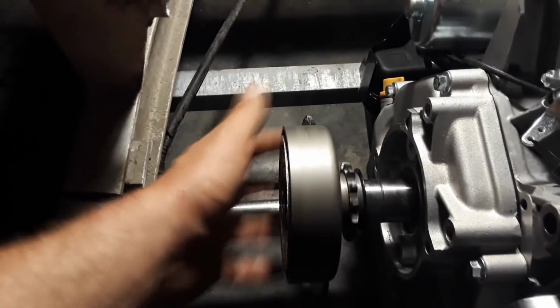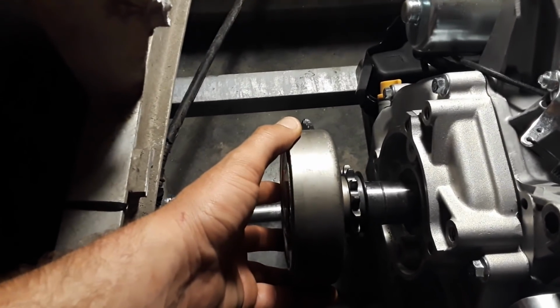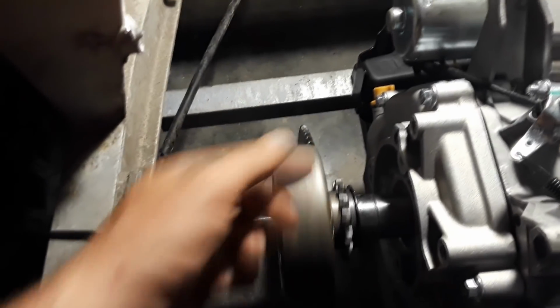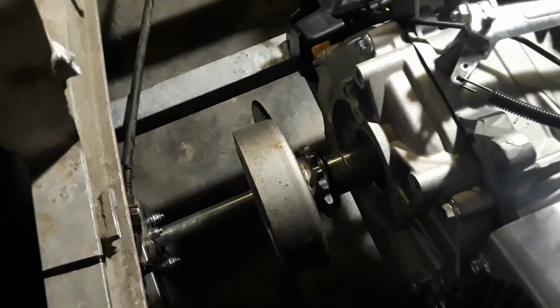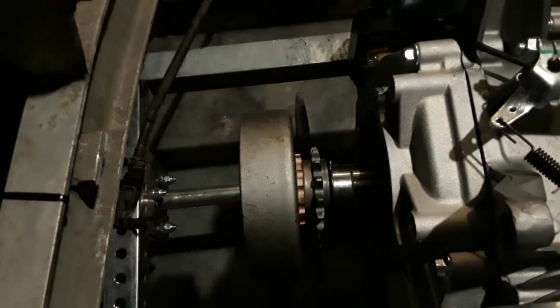$50 clutch, 1-inch. 16 tooth? 16 tooth, what chain? 40. 40 chain, 41 or 40? Either, I believe. But it said 40 specifically. Yeah, but everything I'm looking at, it looks like they're all more or less the same. The pitch is a little bit different. Right. Once you get into the bigger chains like that, it's not...